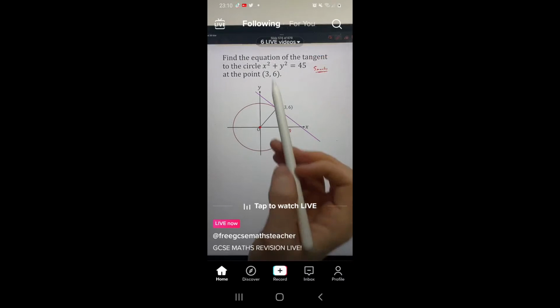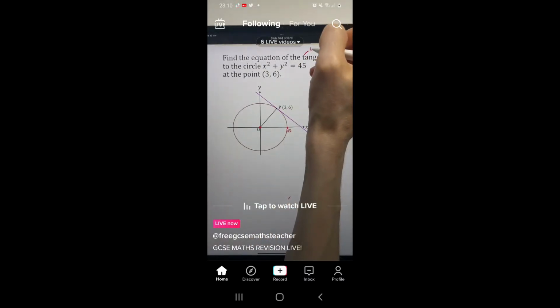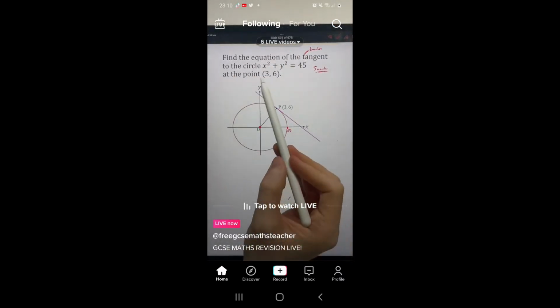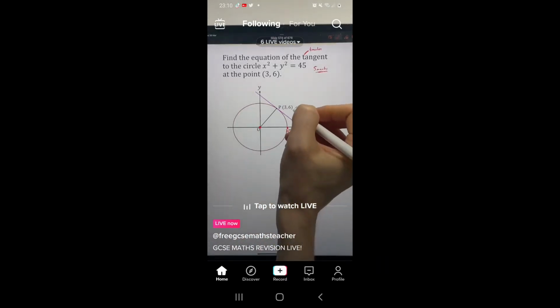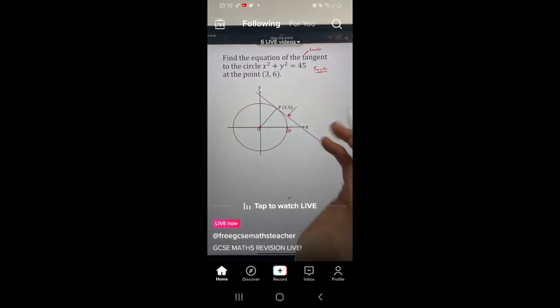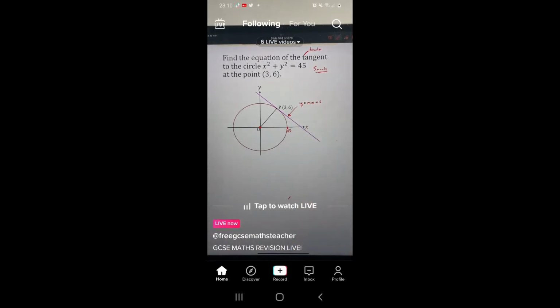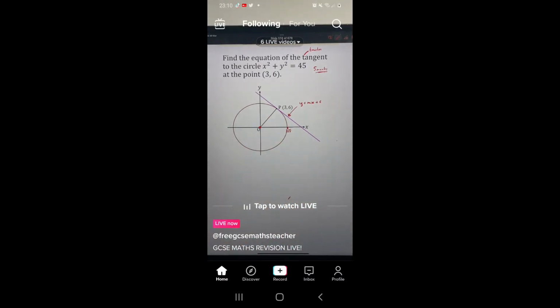What I want to work out is the equation of a tangent. A tangent has the letter T, which means it touches the circle at just 1 point. And the 1 point it touches at is the point 3, 6. So my circle's in the red, my tangent is this pink line, and I want to find the equation of this tangent. A tangent is a straight line, and a straight line always takes the form y equals mx plus c, where m is the gradient, how steep the line is, and c is our y-intercept,